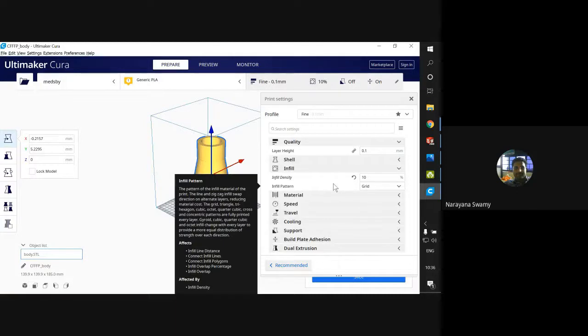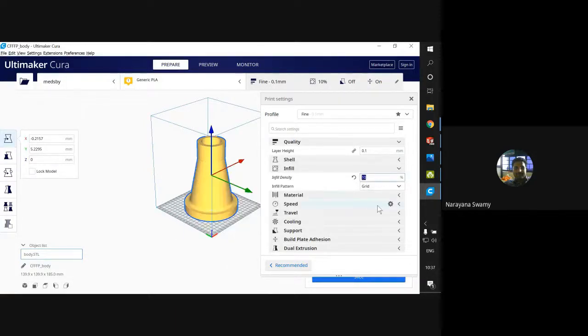Here the higher the number, the higher the density of the material and the higher the strength. We'll show the changes you are going to get once we finish these settings.